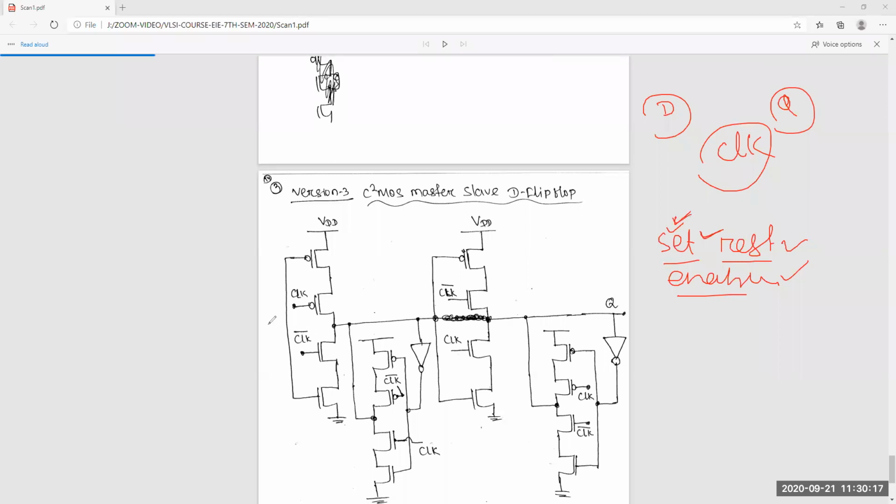Whatever set reset combinational circuits you are using at the input, the delay for that will add to the circuit also. Okay, so these are the things.